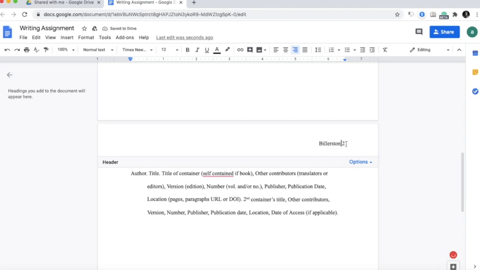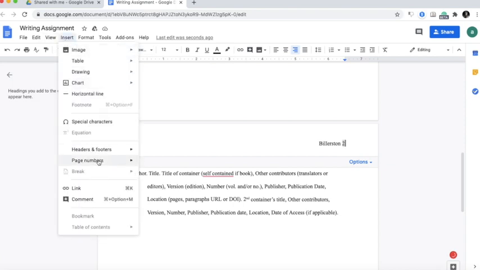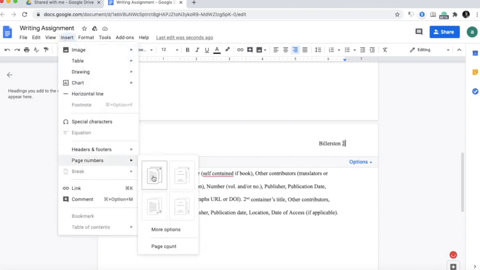And there you go. This is what the header should look like. Instead of where it says last name in my template, I've typed in my fake student's last name. There's a space and then an automated page number. Now I set that up by going to Insert, Page Numbers, and selecting the appropriate looking page number and inserting